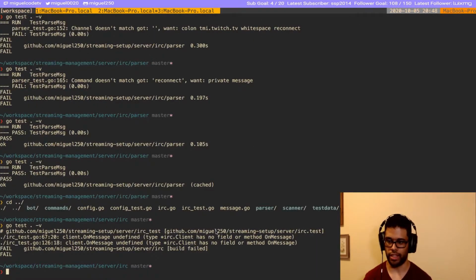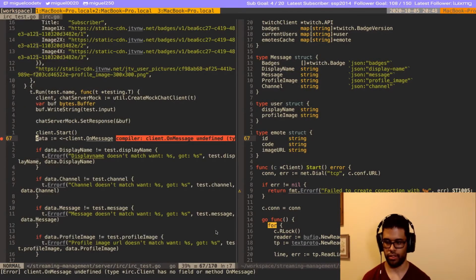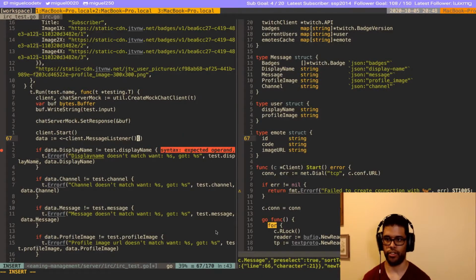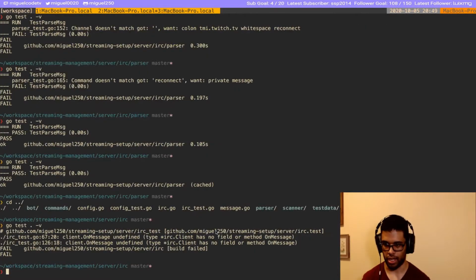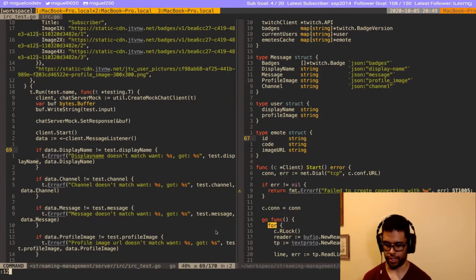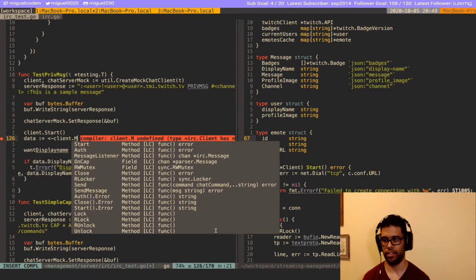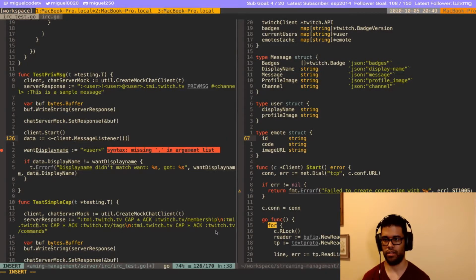I ended up changing some of the logic a while back, and this is now different. So this is on message listener, so that's the return state pointer. And then text. Yeah, so I didn't fix my test. I made some changes a while back and didn't go back and fix those tests. So this should work now.